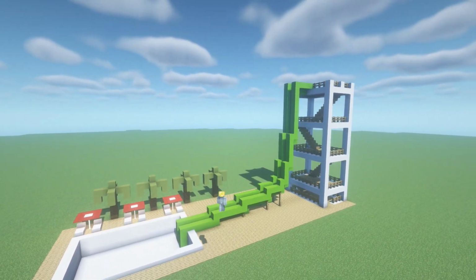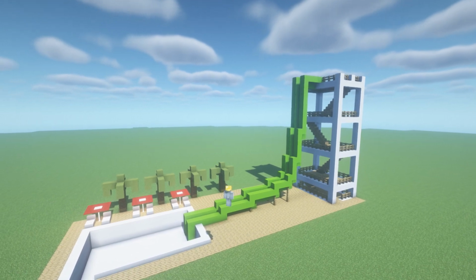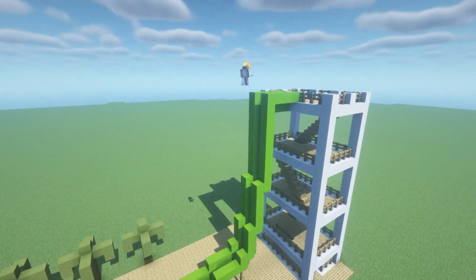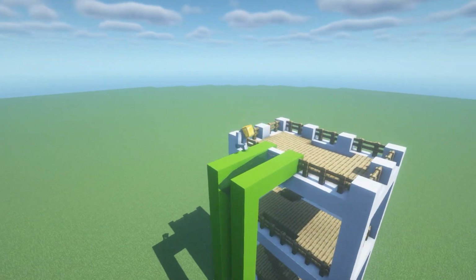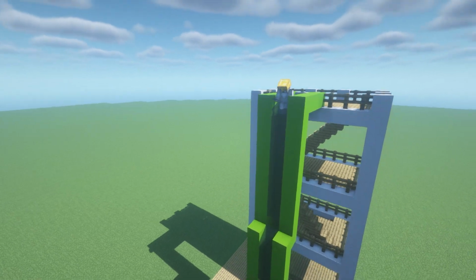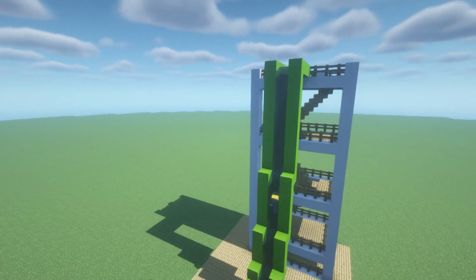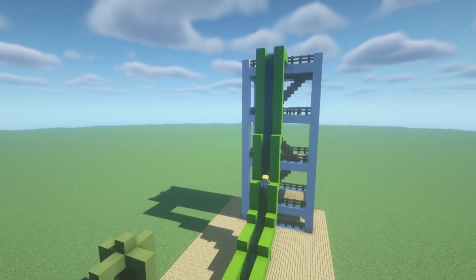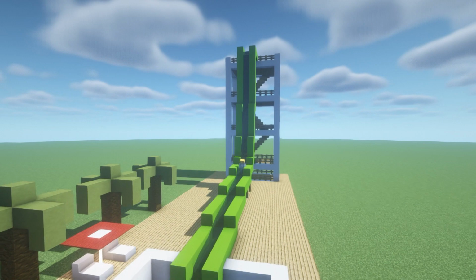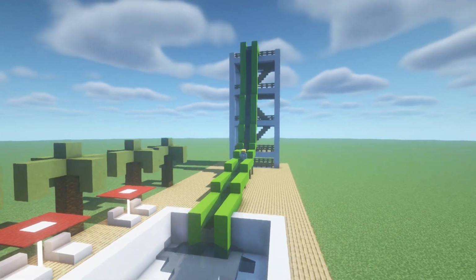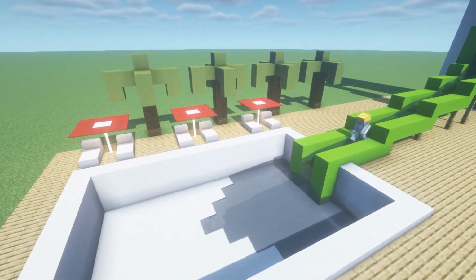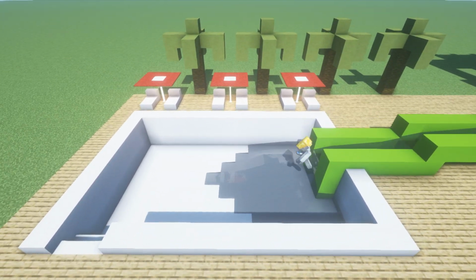Now that we've made the surrounding area, I think that it's time that we actually fill in our pool. So if you begin by placing a water right up at the top inside of the pool, so literally right in front of the smooth quartz stairs that we placed earlier, that will do most of the work. But we also have to fill the pool itself in using water. Now, once that has been done, there is one cool little decoration that I didn't include in the materials list,